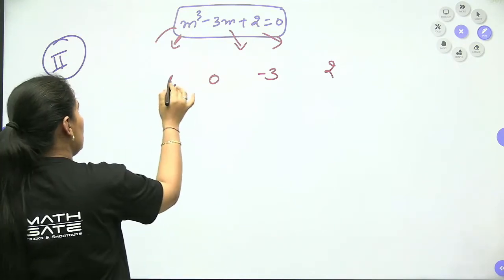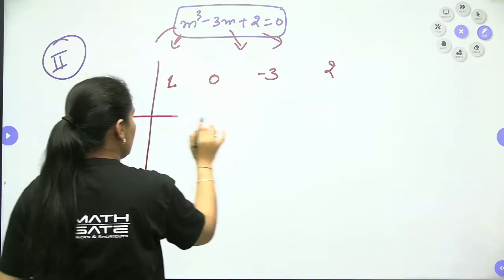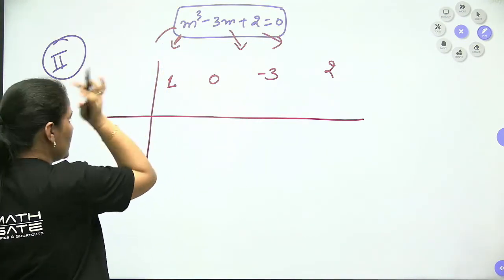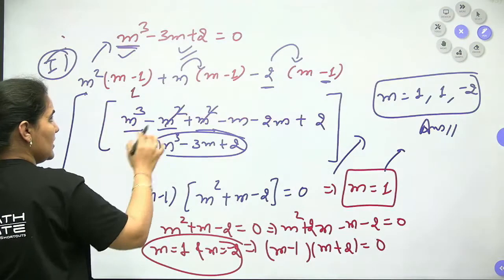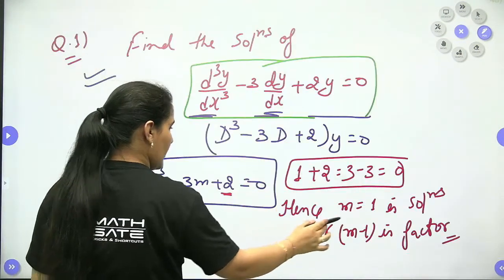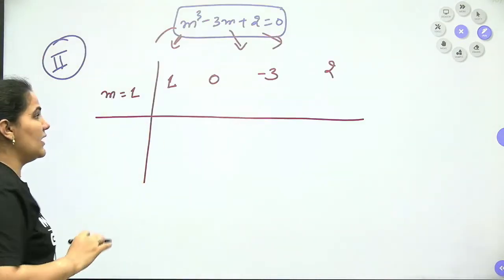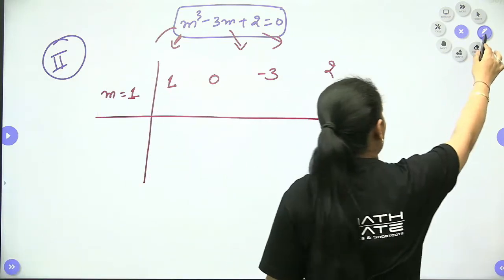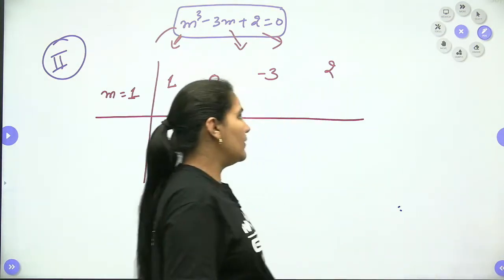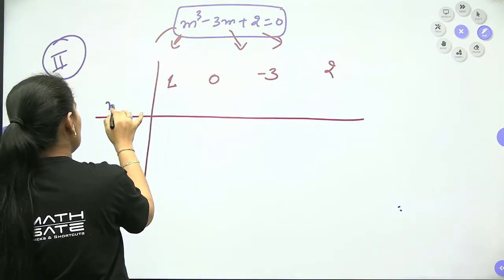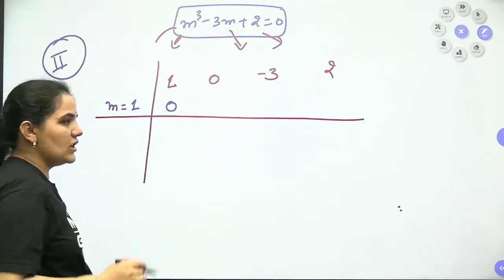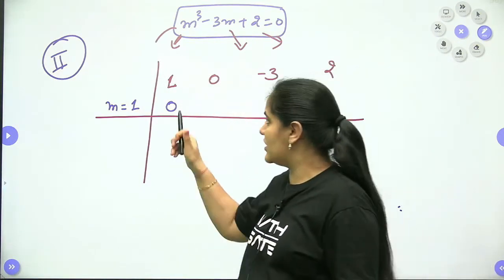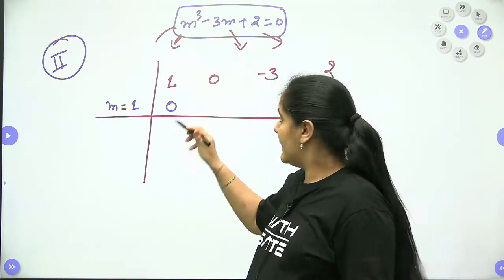So we will write it down here only. As we already got, the sum of all the coefficients is equal to 0, so m is equal to 1 is already one solution. So I write down here m is equal to 1. Now let's approach it, guys. It's a very good method. You will write down m is equal to 1 as the solution, and you will write down 0 here. In each and every question you will write the very first term as 0 only.